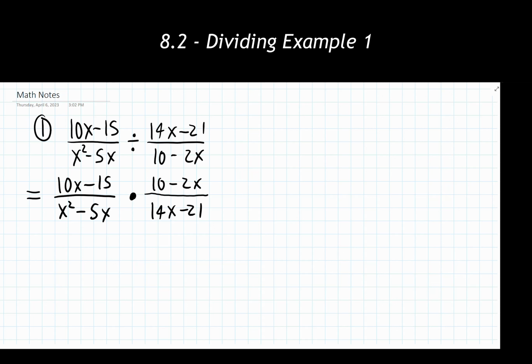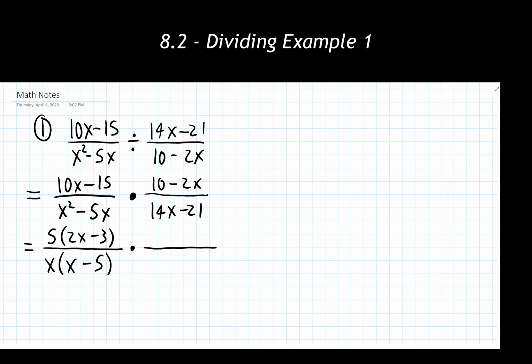So I am now going to fully factor each numerator and each denominator. I personally like doing this when everything is separated out and spaced out. I think it's a little bit easier to keep track of everything. That's a personal preference though. From the first rational expression in the numerator, I'm looking at the 10x minus 15, I should say. I can factor out a 5, and I'm left with 2x minus 3. In the denominator, I can factor out an x, and I'm left with x minus 5.